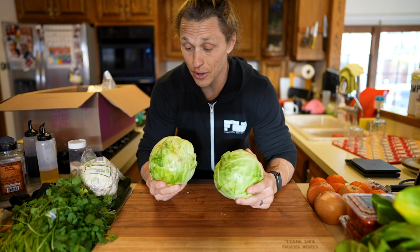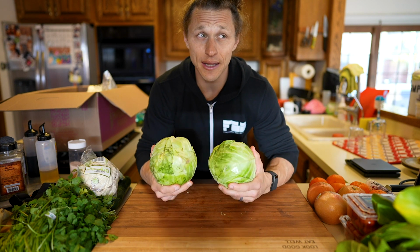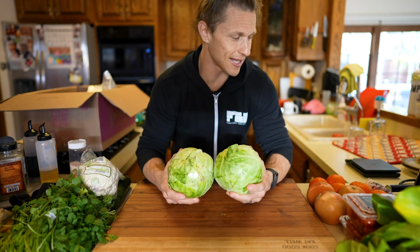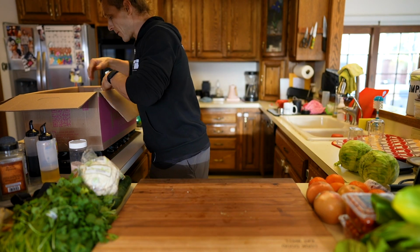And I literally will slice this up, throw it in a pan with some oil, cover it. So I'm cooking it in fat, covered, so it starts to steam a little bit, and then it gets this good caramelization going on. I put a little salt and pepper on it, and then maybe throw some tamari on it at the end. That's the best way to do cabbage, in my opinion. I put a ton of it in a particular meal. All right, and then